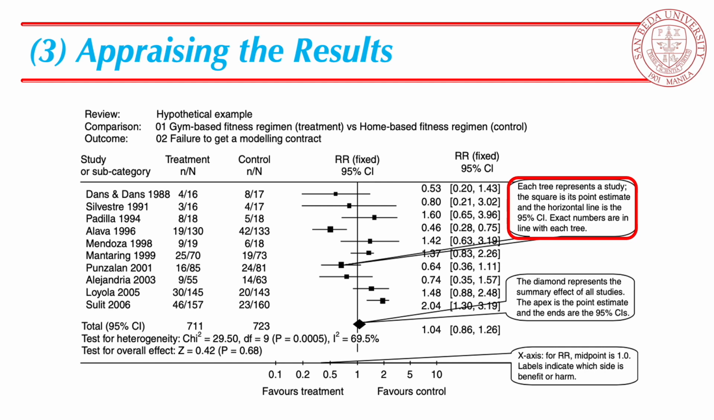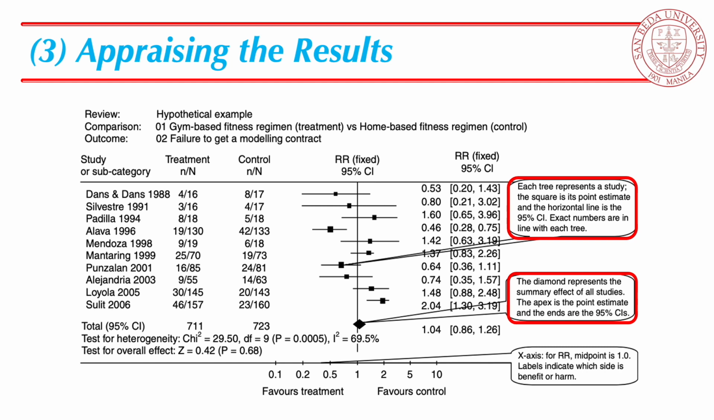line that runs through it is a 95% confidence interval. The diamond, on the other hand, is a summary or pooled effect of all the studies. The apex is a point estimate, and the ends are the 95% confidence interval. Notice that the width of the diamond is supposed to be the narrowest, since it represents the total sample contributed